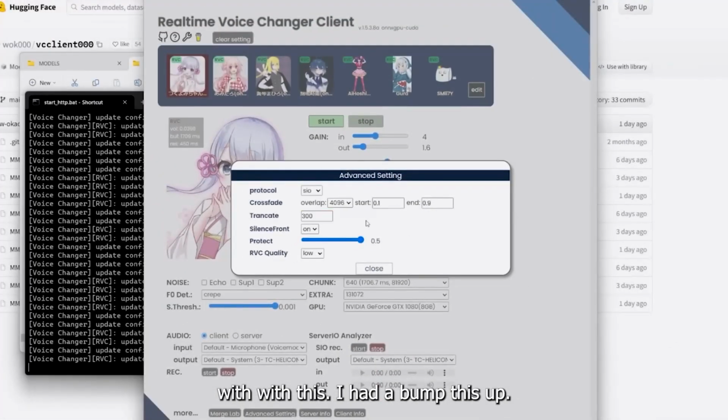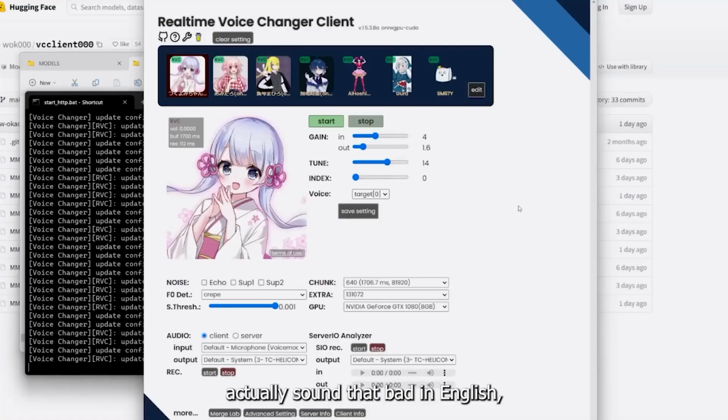With this, I had to bump this up. Yeah, this model doesn't actually sound that bad in English. It sounds pretty fluent, and it even sounds like there's a little bit of an accent in there, which is pretty cool. But if you happen to know some Japanese, you could also try speaking in Japanese and see how